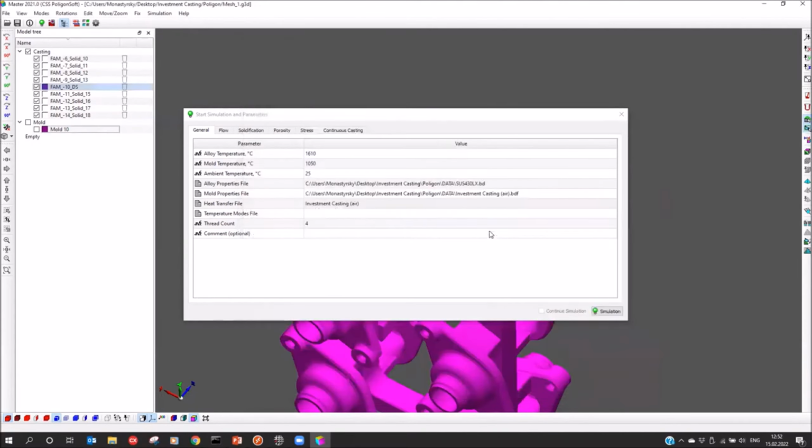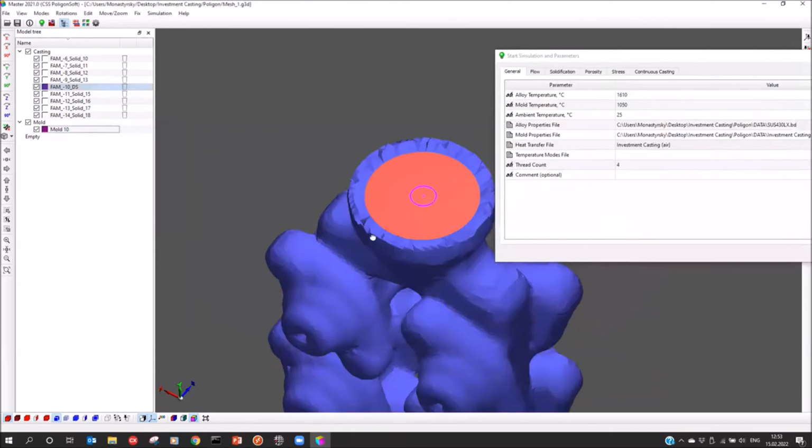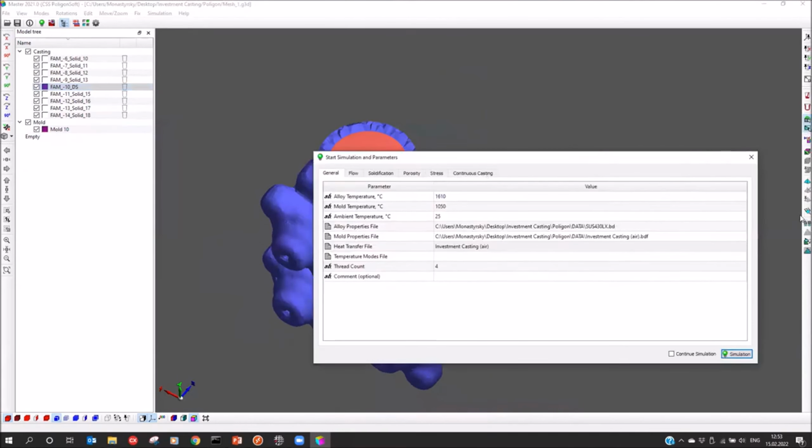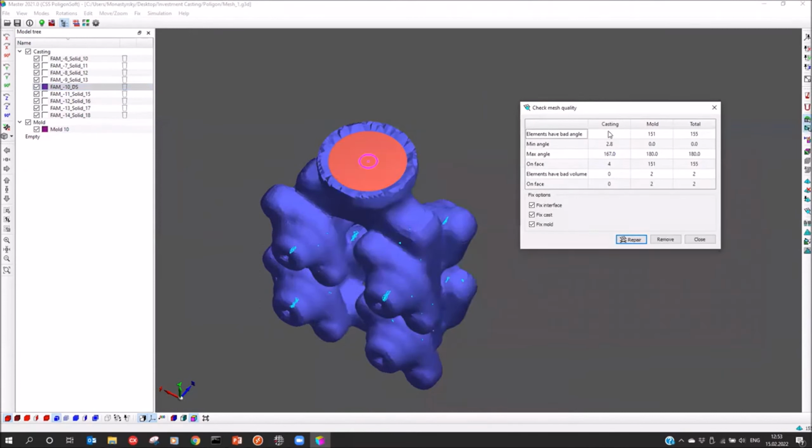Close it, save. And before I start my simulation, I want to check my mesh, because I created a new mesh mold, and I want to check mesh quality. I have this function here, and I have 4 bad triangles with a small angle in casting and 151 bad elements in mold. I can try to repair it. Press repair, but I think that I can't repair such things in my mesh in mold. So I will try to repair some small problems, and I will delete these bad elements from my geometry. It's done,